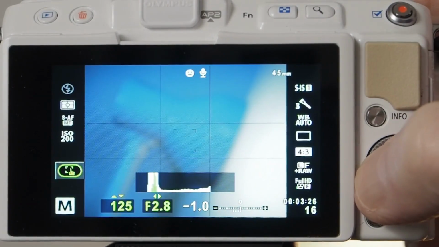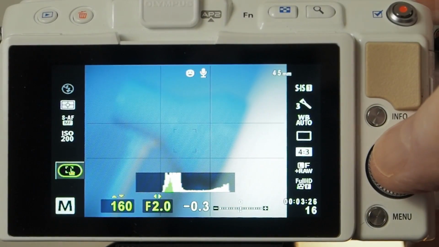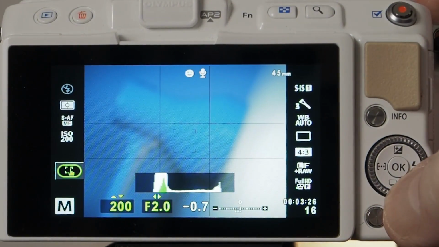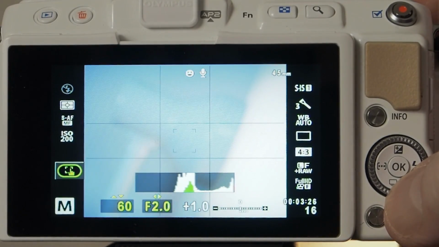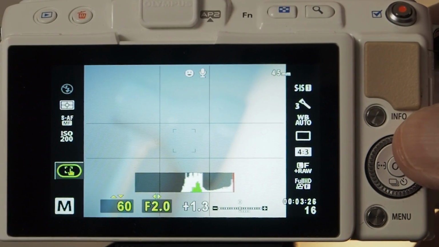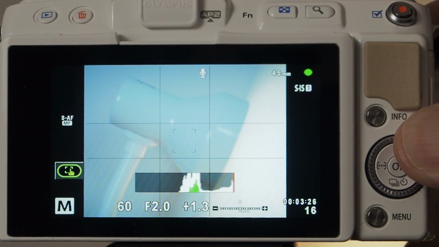Whereas on a more modern digital mirrorless camera, for instance, this EPL5 Olympus, you get live histograms. So before you even take your photograph, you can check to see if you're blowing out any highlights or if you've got any too dark shadows. You can tell straight away, and you can adjust your settings or change your view to reduce any of those